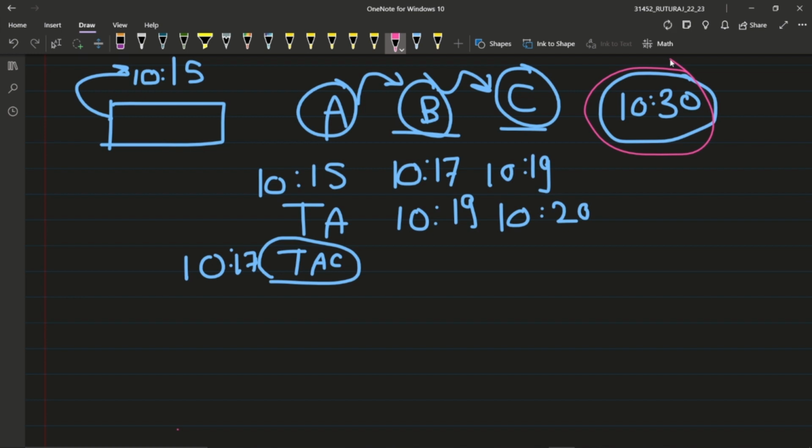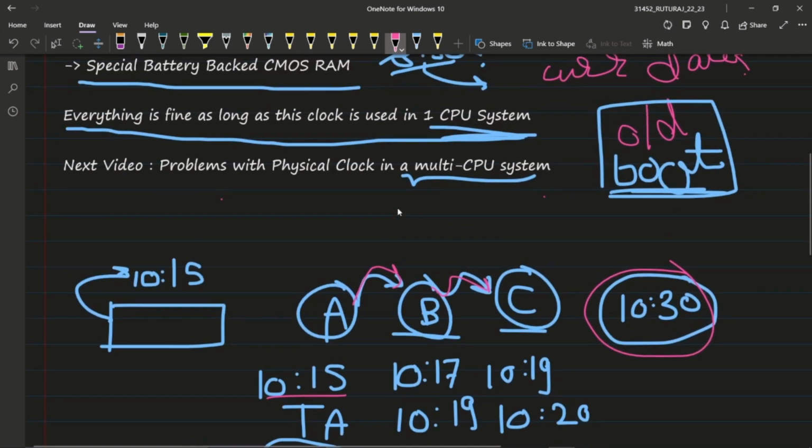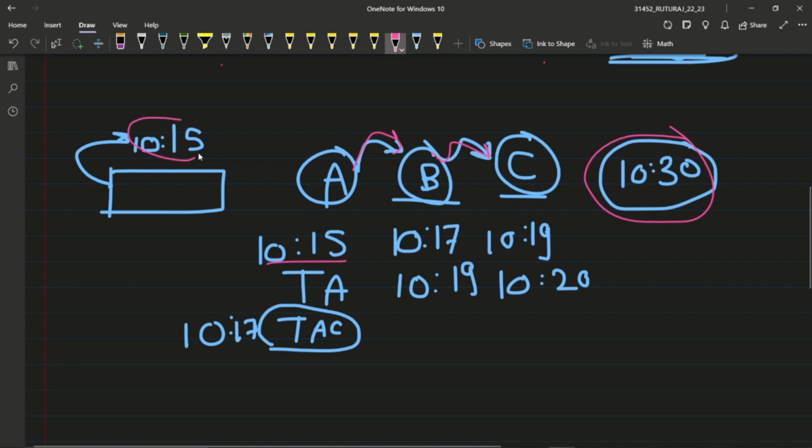still run the processes which are relative to each other. So physical clocks are useful, or say they can be tolerated, in processes in which there is only relative timing in one computer system. Okay. So this is what physical clocks are. And in a one CPU system, even if the clock is lagging, right? This clock was lagging. Even with a lagging clock, the processes which are relative to each other can be successfully executed.